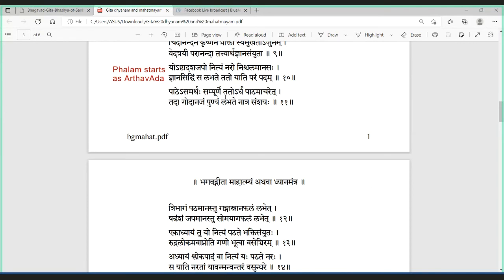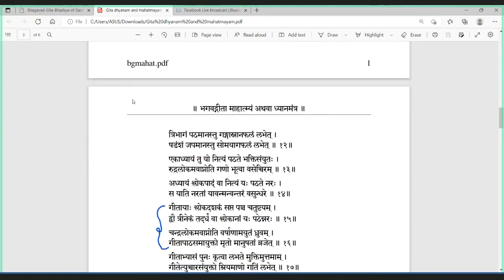Nischala Manasa Patham of 9 chapters. Acharet. Natra samshayaha. Have no doubt in this. This karma of parayanam of even 9 chapters done with Nischala Manasa gives you the phal of Godan, equivalent to a Godan. Then he says, if you can't even do 9 chapters, some say, like all of us are in